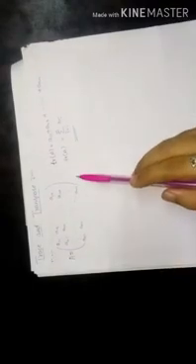Now, the trace of this matrix is defined as the sum of the main diagonal elements, that is A11, A22, and so on up to Ann. The trace of the matrix A is denoted by TR of A, that is the sum of the main diagonal elements. So that is A11 plus A22, and so on up to plus Ann. Then that can be written as summation i is equal to 1 to n of Aii. So this is an n cross n matrix, and the trace of this matrix is the sum of the main diagonal elements, that is summation i is equal to 1 to n of Aii.